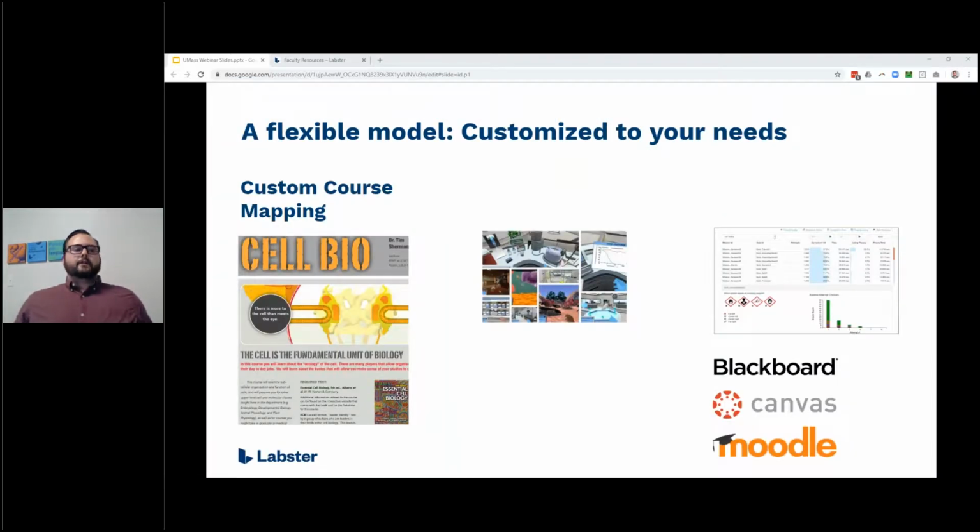And to help with this, there are a few steps that we can take. So first is course mapping. I mentioned this a little bit towards the beginning of the presentation, and we've actually already done some course mapping for a few of your courses, and I'm happy to share how that looks after the main presentation. This is actually done by a team of educators on my side who can take a look at your syllabus and help align the content to what fits best, whether it be the learning objectives that you list in the syllabus, the different topics that you're covering, we can get that granular, or even the set of labs that the students are going to be doing. My team can take a look, show you what fits best, and that way you'll at least be guided when you're looking through that faculty resource page.